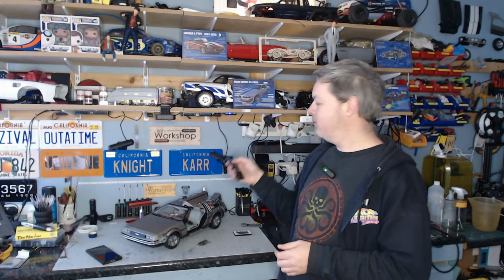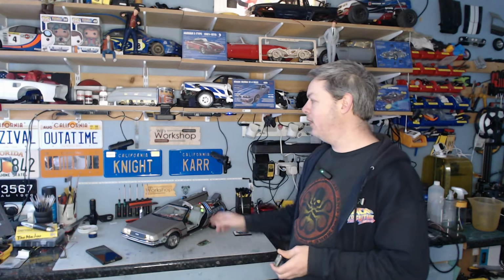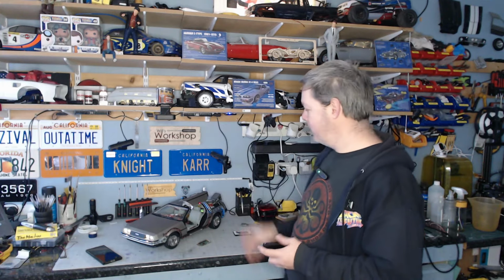Now, as you can see, the workbench is in darkness at the minute, just so I can show you this. So pressing the on button turns absolutely everything on, including the flux capacitor. As you can see, just about fluxing there. That looks absolutely fantastic still. And obviously now fully remote controlled